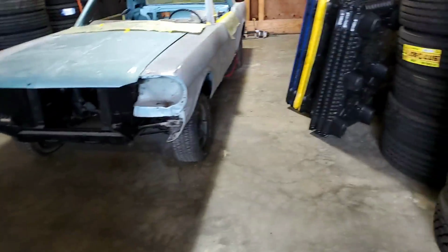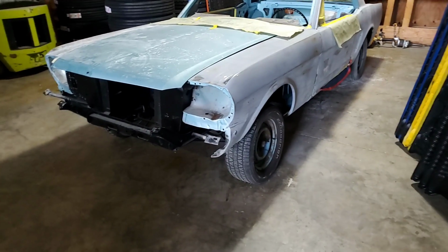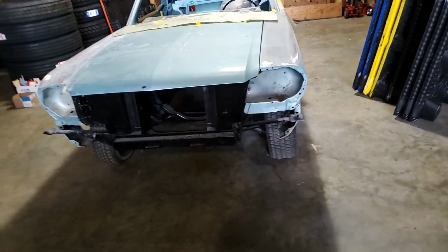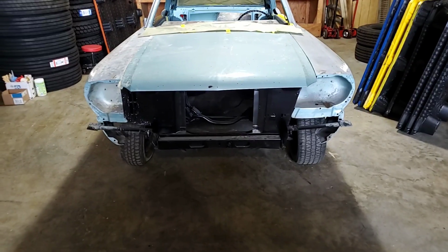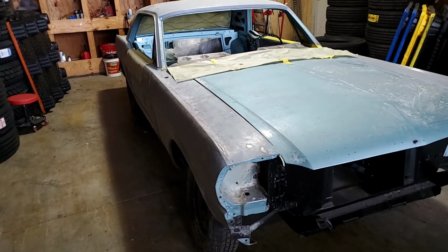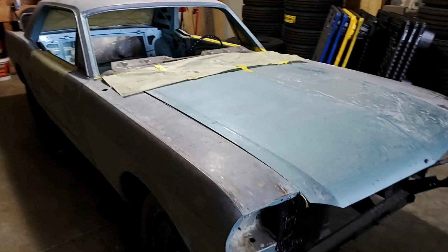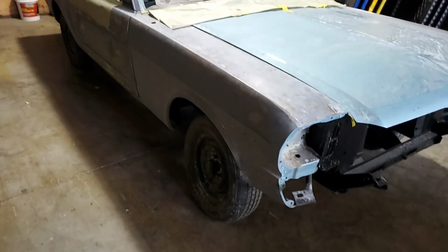We're back at it, and today we have a 1966 Ford Mustang coupe that we're restoring. It's been a couple years since we've been pulling it apart and back and forth on it, but we had other projects pulled up and finished them, and it's kind of been put back, but we're back at it. This one was a 1966 Ford Mustang 289 from the factory. Automatic trans, and it was a Tahoe turquoise exterior, and interior was just all black. It was a base model,